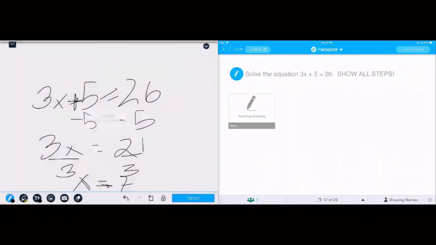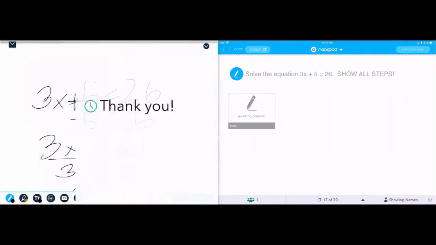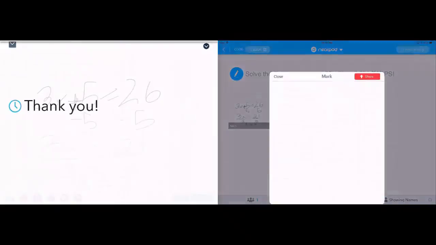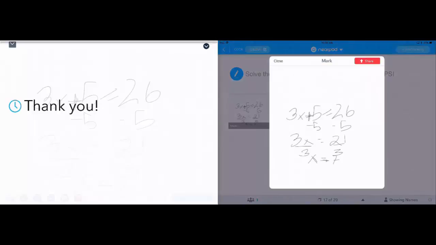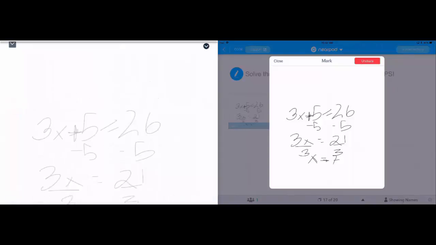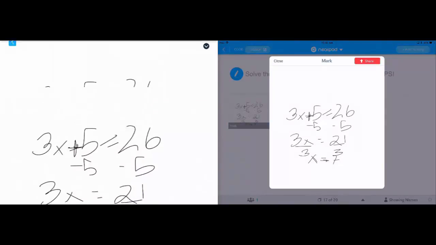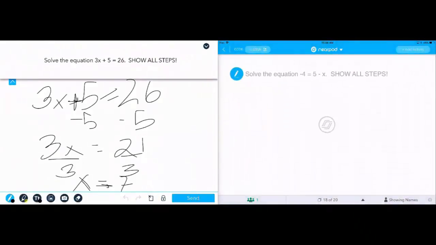Do I really want to send it? Is it my final answer? Yes, it is. Thank you. And notice I see it on my side as a teacher, and I can pull it up and look at it and see if Mark in this case has an understanding. I can even share it with all the class. I click on share and I can show everybody that answer. Notice it does not show whose it is, so I can pull up student work, share it with the entire class, and talk about why people got it right, why people got it wrong, and what not. I'm going to unshare it and close that, and I can keep going.